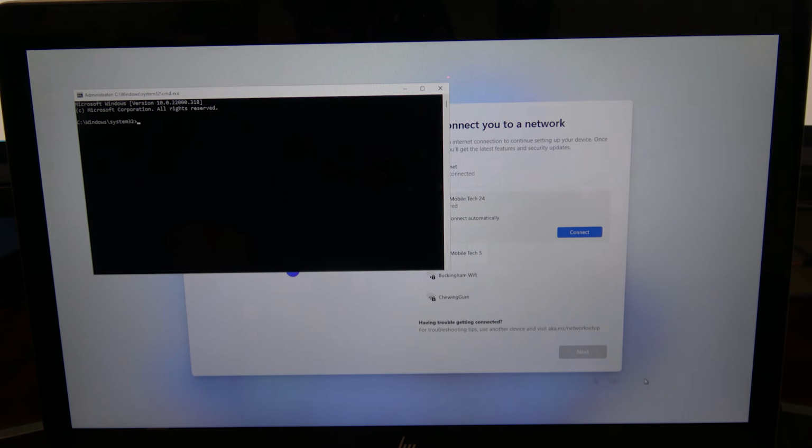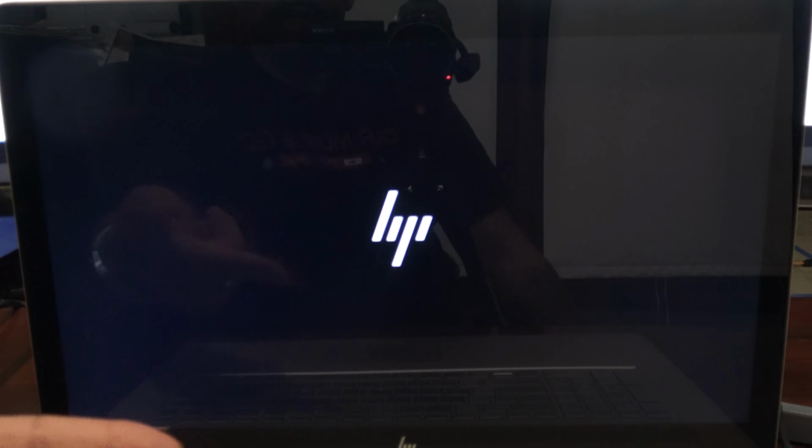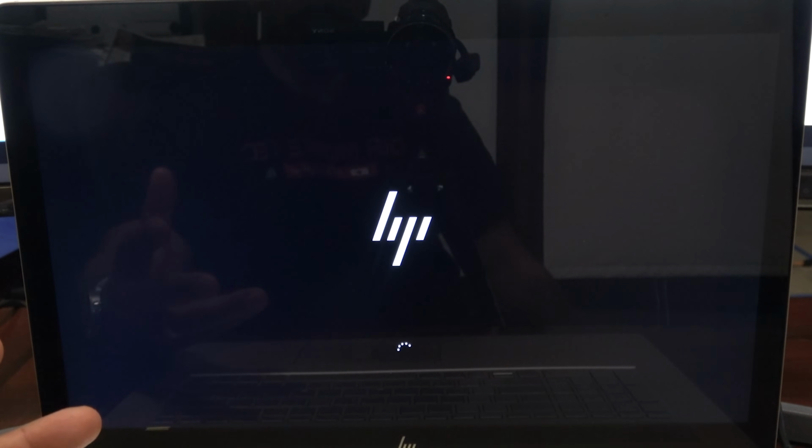And this time we're just going to go OOBE/BYPASSNRO, which stands for out of box experience bypass network requirement on. As you can see, the laptop is now rebooting, whereas with the other option, it doesn't reboot, but you've got to type in a longer, somewhat more complicated string